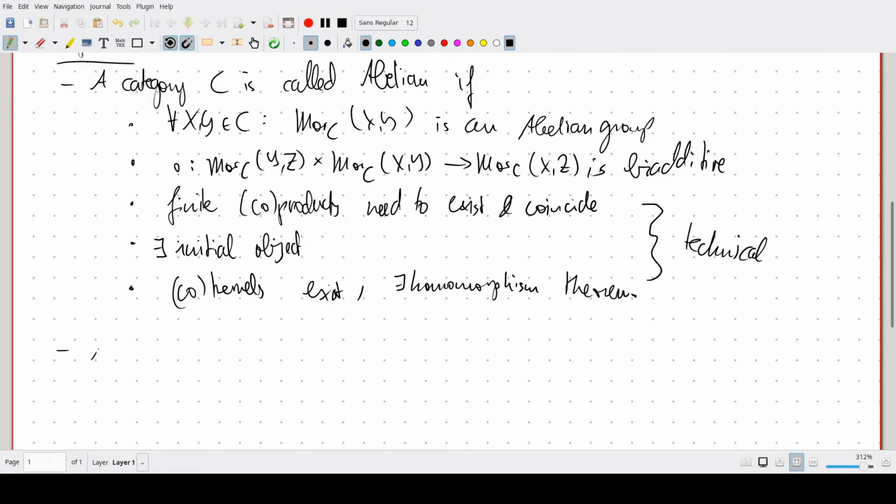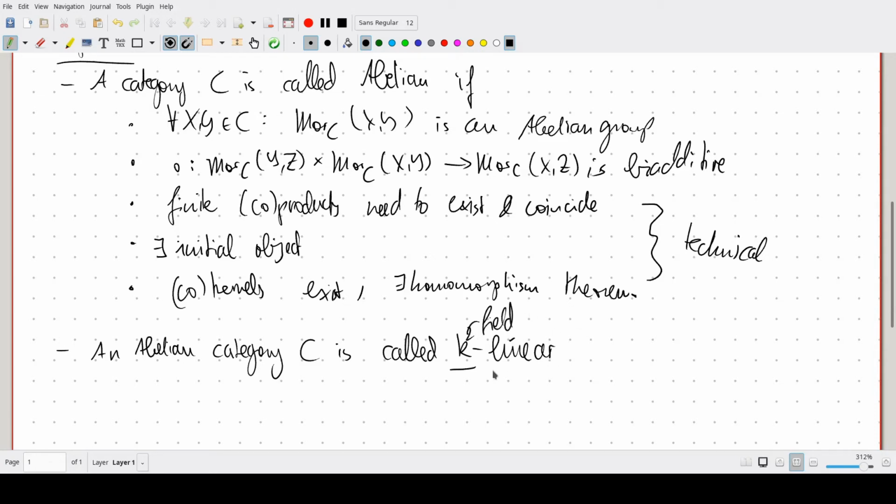And this is exactly what we're doing. An abelian category C is called k-linear, where k is a field, if